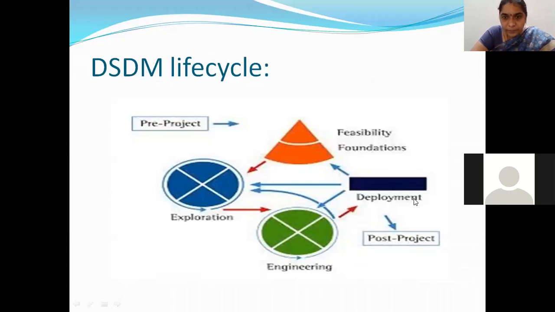So what are the things? First, after delivering the product to the user, the client is fully satisfied. So you'll come to an end, and post-project is done. Second, the client wants new functionality to be added, a new module to be added from the beginning. Then you'll return to the feasibility foundations and start including that functionality from the beginning, right?